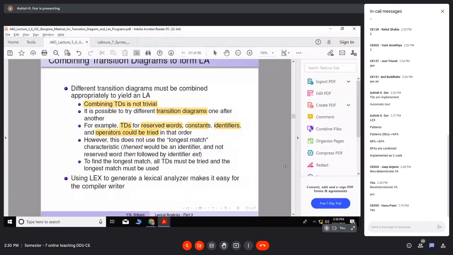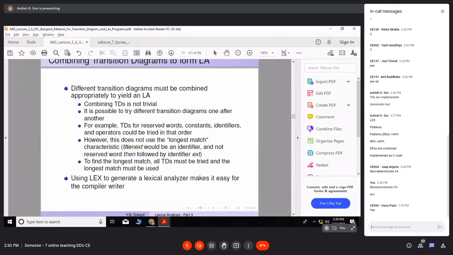Remember, in Lex, we are going to see a few examples today. We have to use the principle of longest match. For example, consider 'then next'.